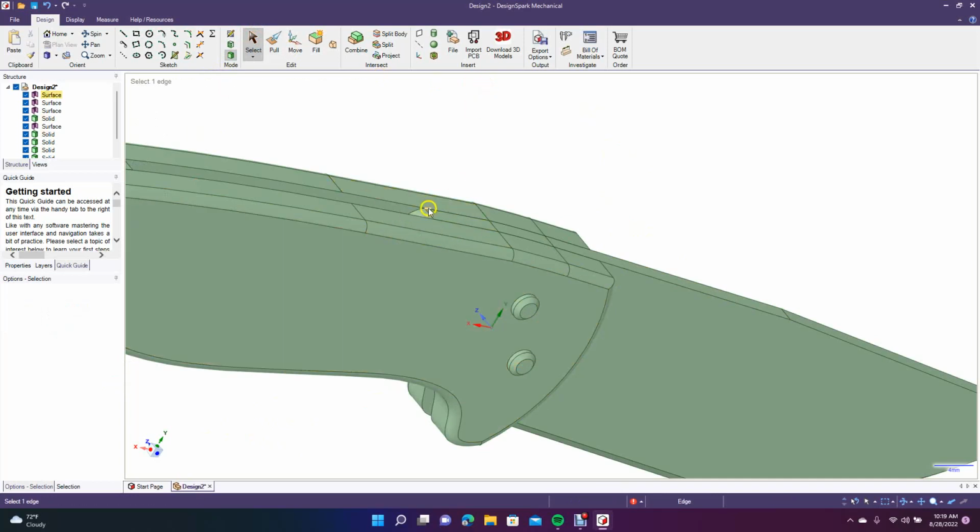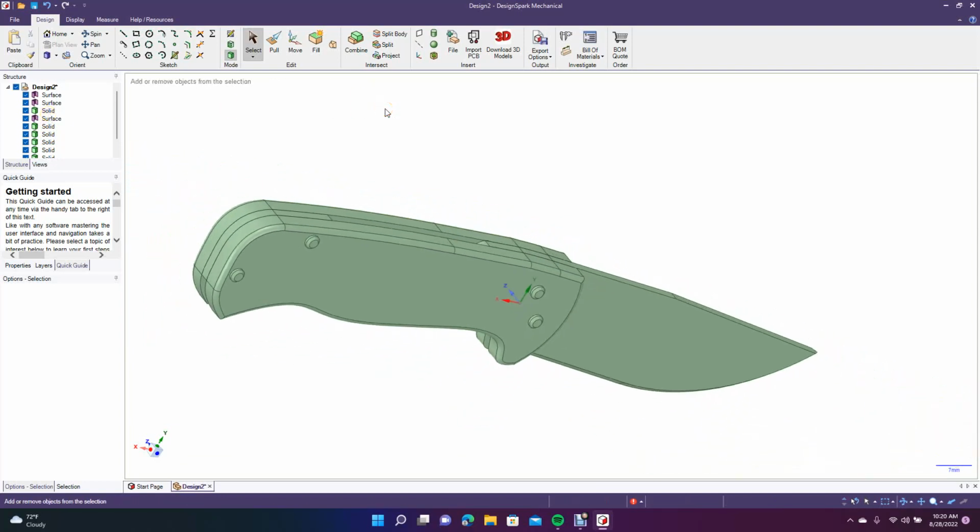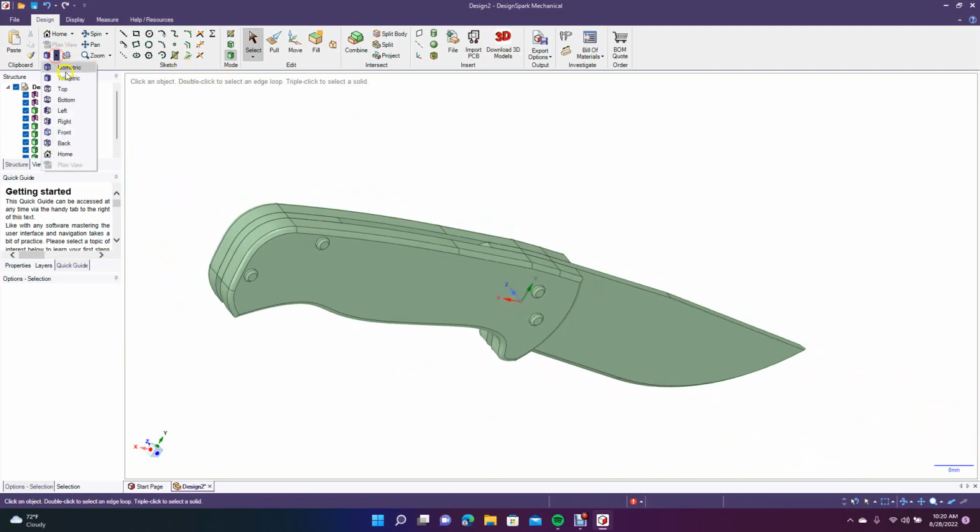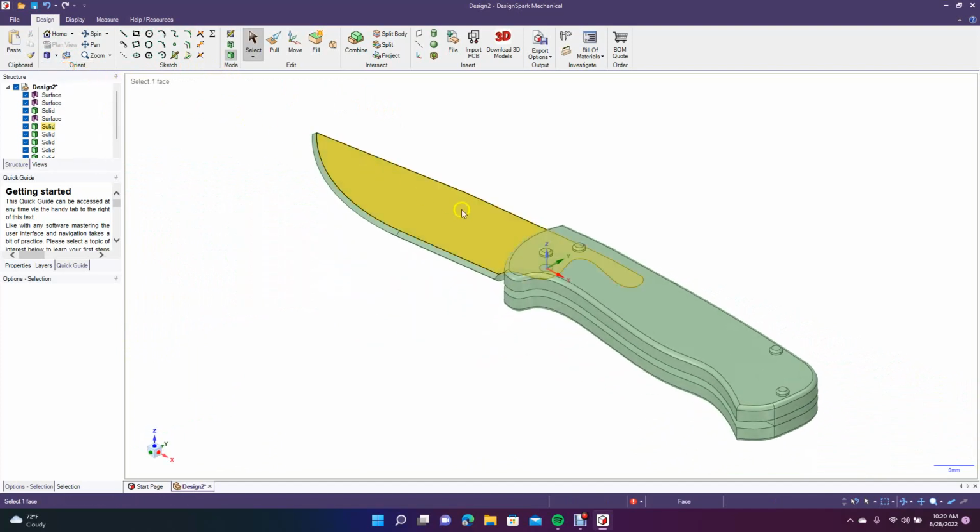Now I'm going to get rid of this little line that I see there. We don't need. What is that, a solid? No, that's part of that, so I can't get rid of that. All right, let's try this out. Let's go ahead and go to top view or isometric view. This is going to be our